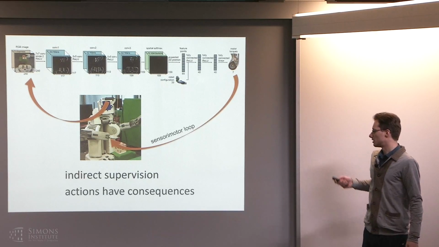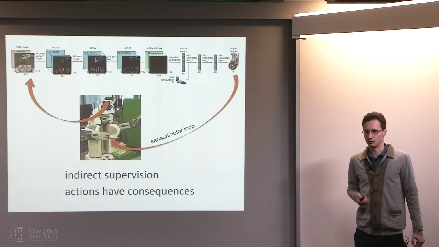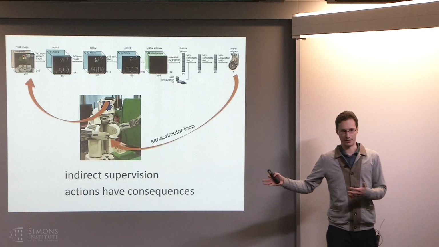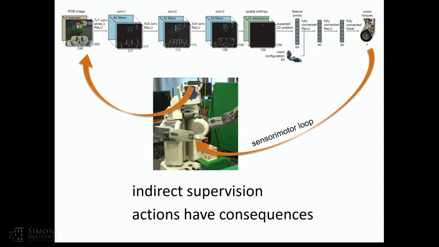And the other problem is that the actions have consequences. So if you want to control a system like this, you really have to reason about the fact that your data is not going to be IID anymore. The action you take is going to affect the next observation you see, and if you don't account for that, then you'll have a bad time. So we need algorithms that can actually take care of it.